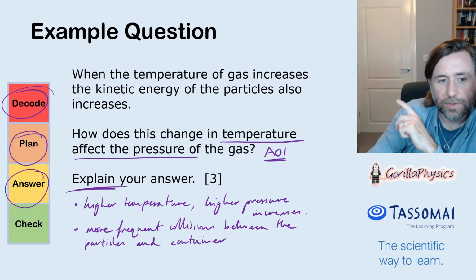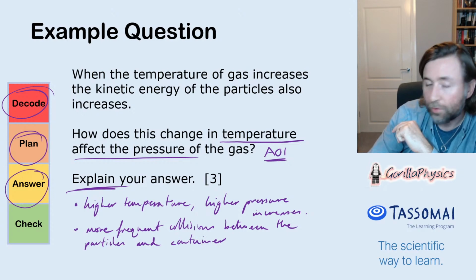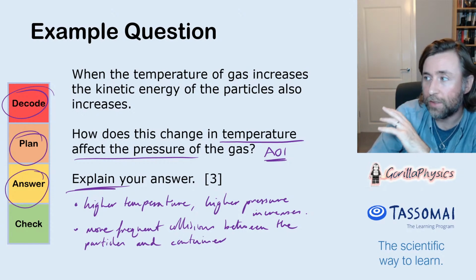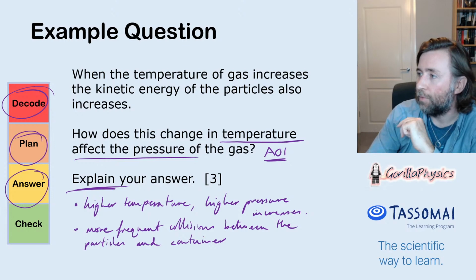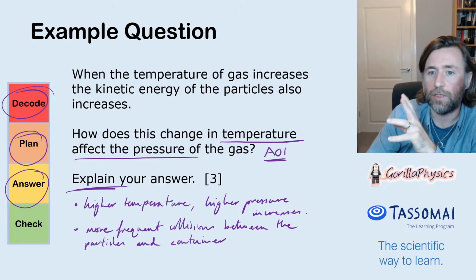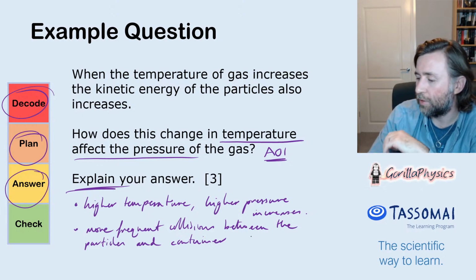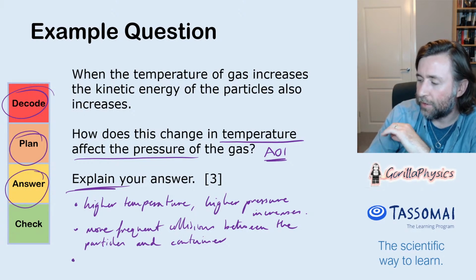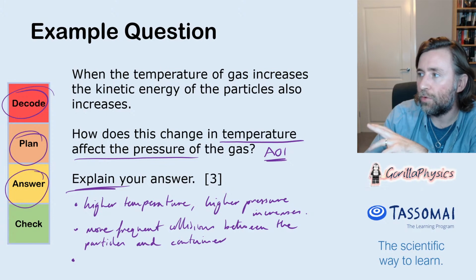Okay, so you've got to say this one, you've got to have more frequent or more often, more per second, not just more, but more frequent collisions between the particles and the container, and that these collisions have a higher force or